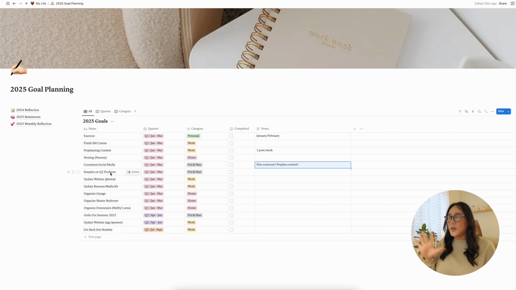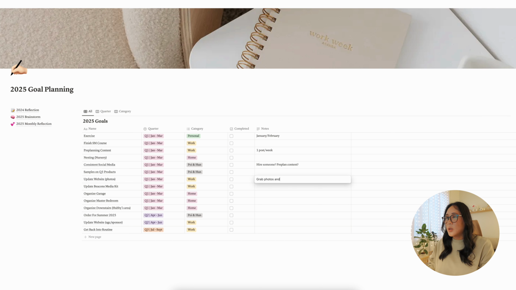So there's that. Obviously there are going to be some smaller products that come out for Poi and Hun between those times, but any big plans that I've been thinking of and have in mind, I'm going to be working on those. We have updating the photos on the website, which I think is pretty important. This one I can do. I just need to grab photos and upload. This should be an easy task.